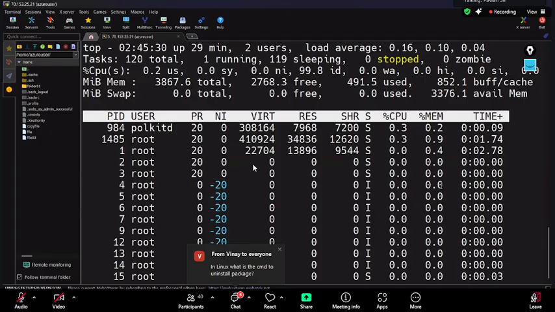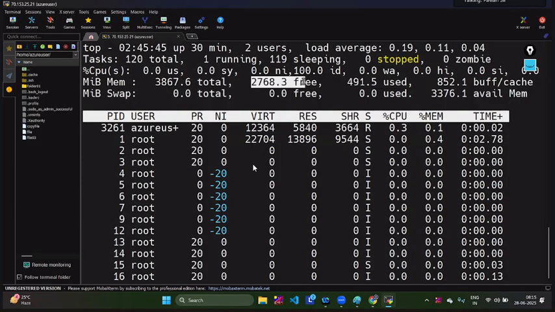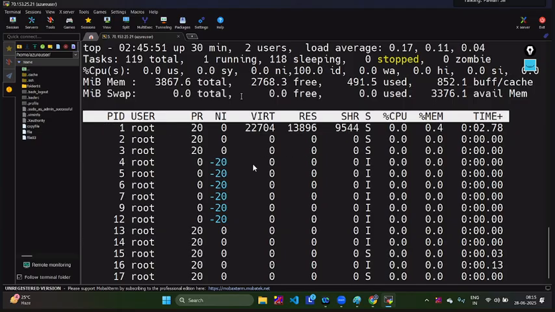Understand? It will show each process, how much space that process is taking, and what your CPU utilization is. That is what will be shown here: your used space, your memory consumed, and these other things. And other than this,